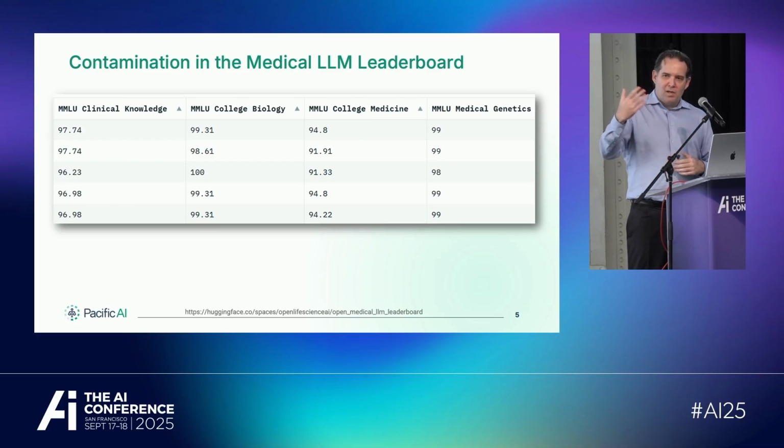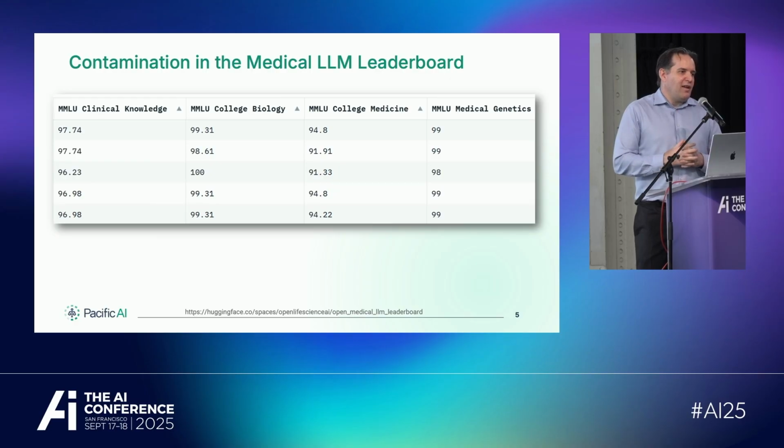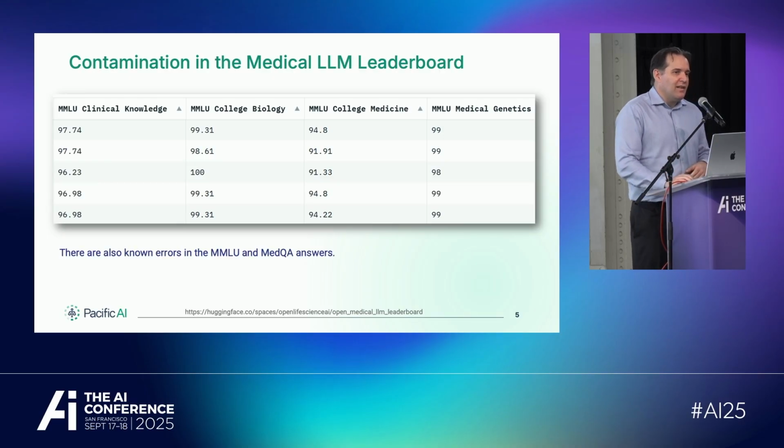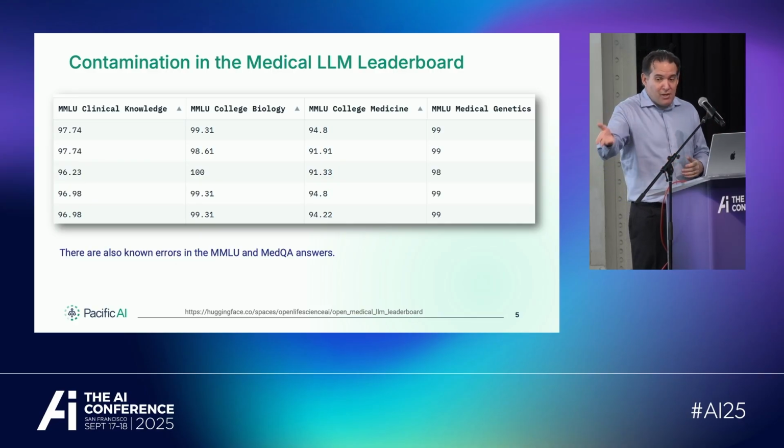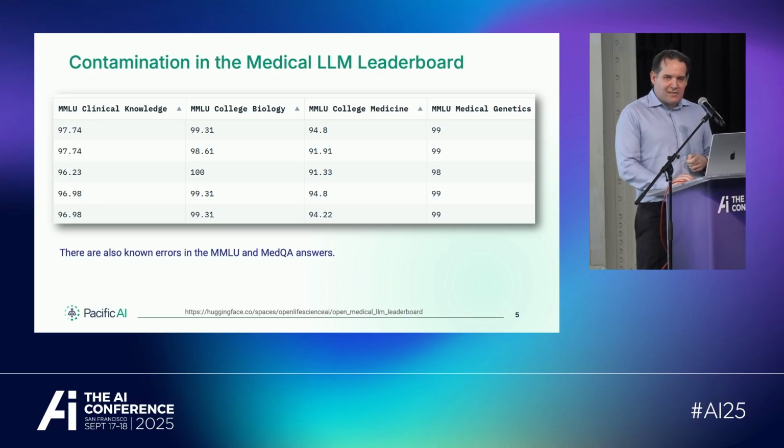What happened was people wanted to be on the leaderboard at a certain place. Other people tried to download those models and confirmed that they do not work on very basic use cases. So basically, if you've ever operated a leaderboard, you know that's really one of the key challenges. But generally, if you see anything like this, this is how it looks in real life. You see close to perfect answers, and especially if you're in this space, you know that there are errors in the benchmarks, in the data sets. Basically, if you're 100% accurate on, say, MedQA, you've memorized some wrong answers, more than one.